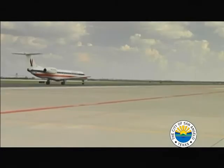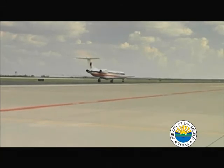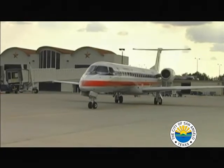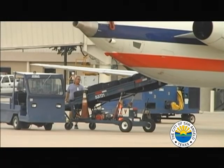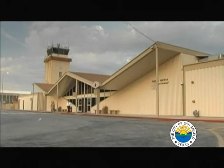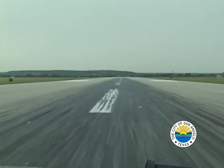Another design project that we have right now is Taxiway Alpha, to reconstruct Taxiway Alpha completely, and the rehabilitation of Taxiway Delta, Taxiway Hotel, and Runway 9-27. So hopefully by the end of fiscal year 2010, we would have completely rehabilitated all the surfaces of taxiways and